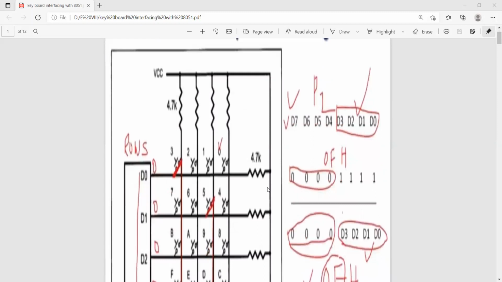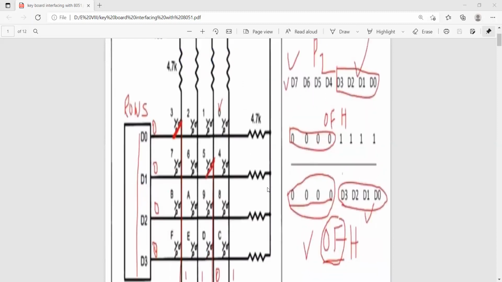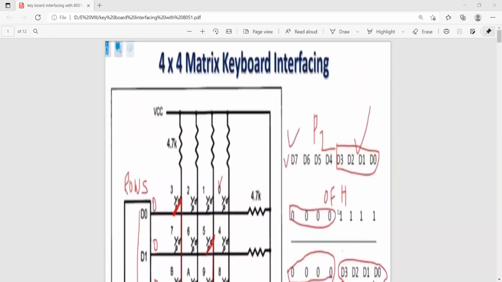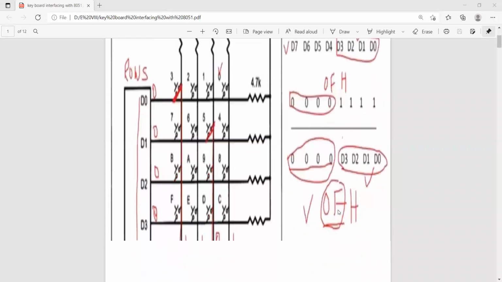Now, keyboard interfacing is one of the important topics from the examination point of view. So you may expect keyboard interfacing in the next upcoming examination. Therefore, listen carefully.